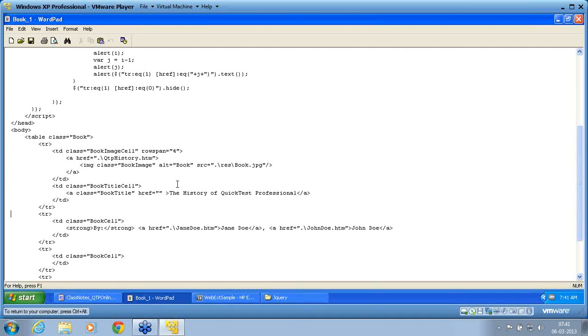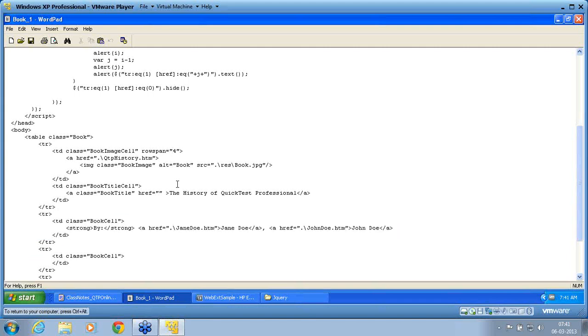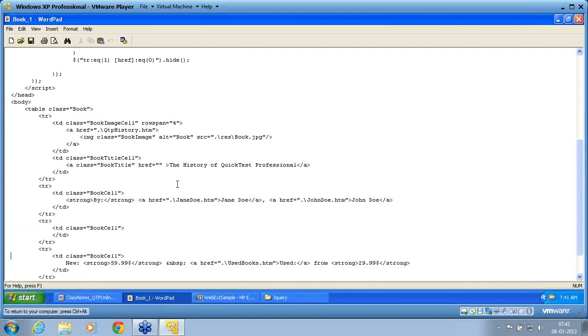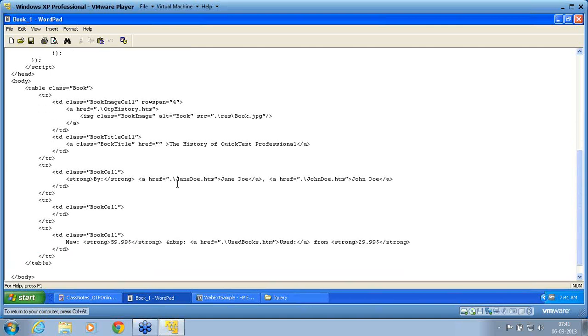Then you have tr. This is my second row. Inside the second row I have only one column. The first column is being used by the other tr. Then you have one more. It is empty. There is nothing. Only the class is there, but nothing is found. Then you have one more row. There are 4 rows. Each row has information.